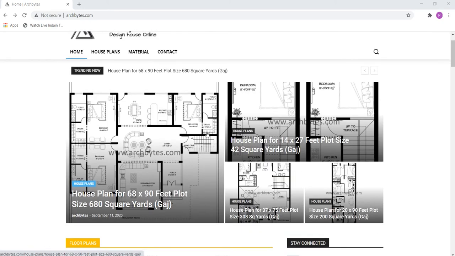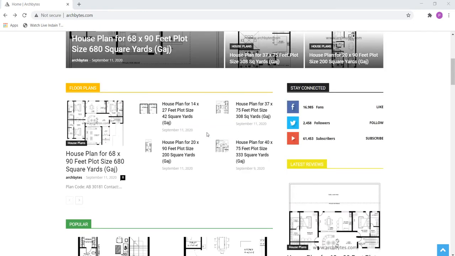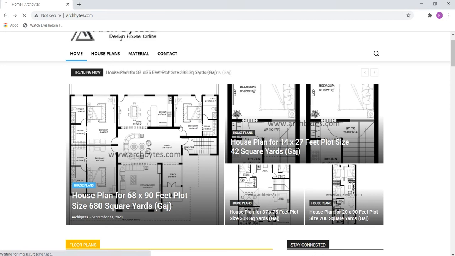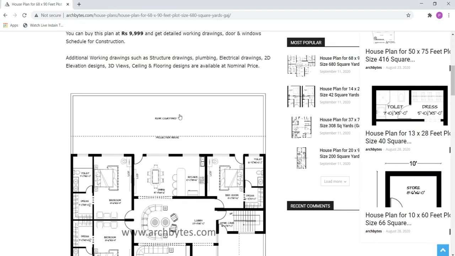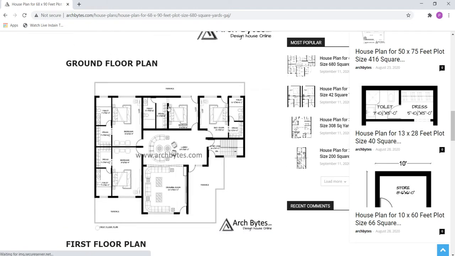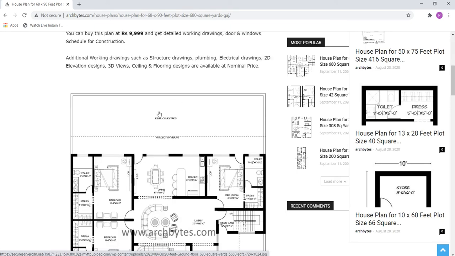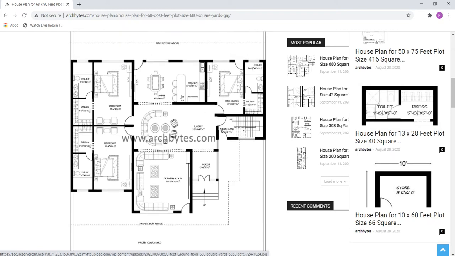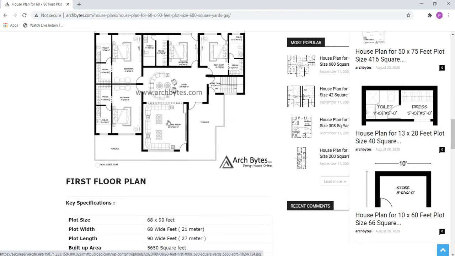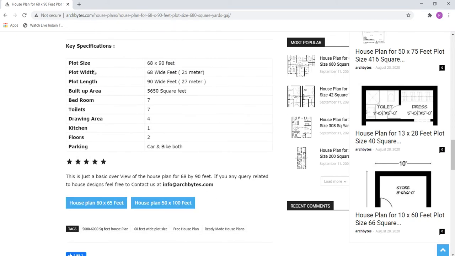This is not a simple plan. As you can see, this is a duplex building plan, as you desire. If you are a good AutoCAD learner, then you should know all about this. It is not only the plans, it will tell you much more things. You can see it below. Here is your ground floor, and as you can see, this is a very good plan. This is the ground floor and this is your first floor plan. In the key specification, every detail is shown here.